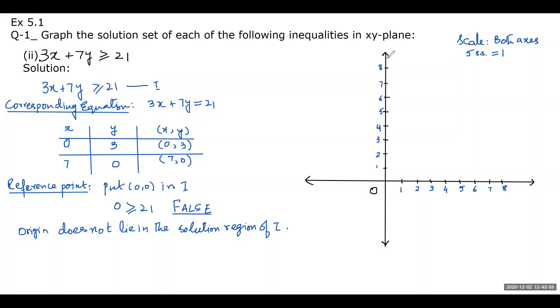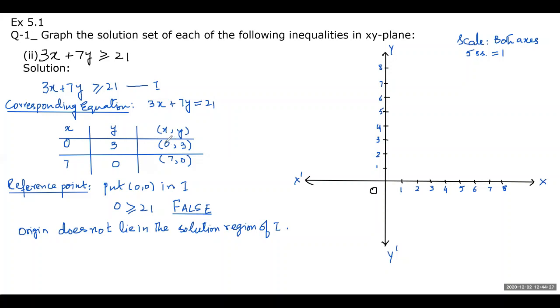So this is all you have to do in the calculations. And now we go for the graph paper. You can see I have made the x-axis and y-axis here. This is our x-axis and this is our y-axis. When you draw it on the graph paper, you better use the same scale on both axes. You better take 5 small squares equal to 1. And I have marked all these here. And now I'm going to plot my line.